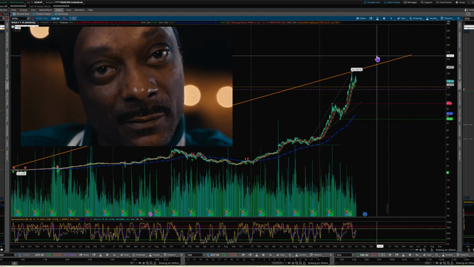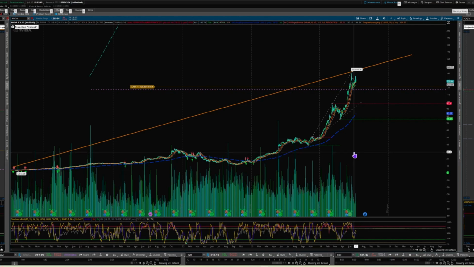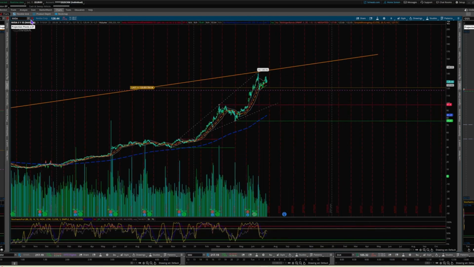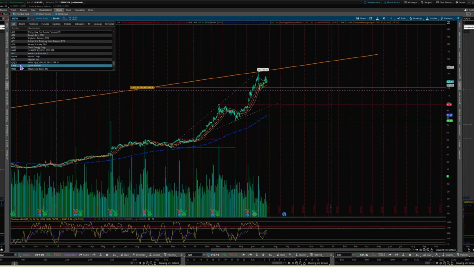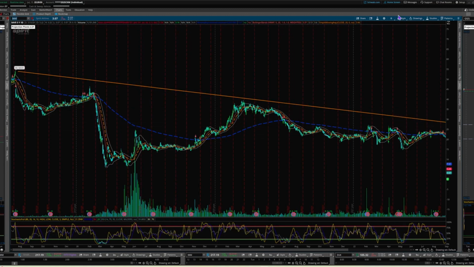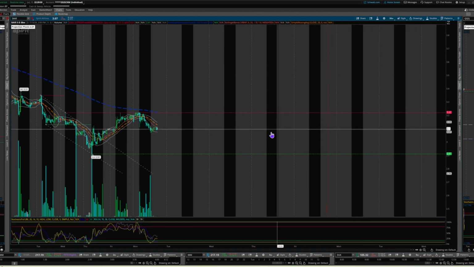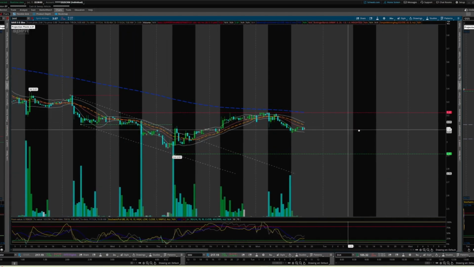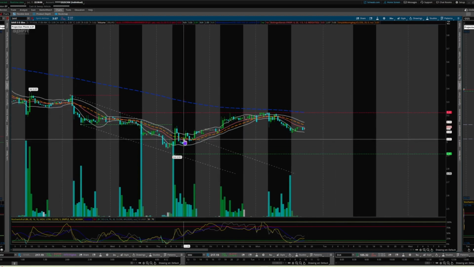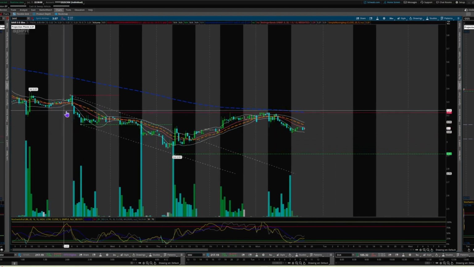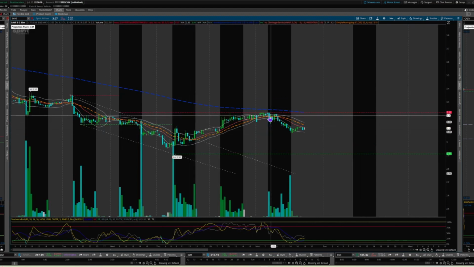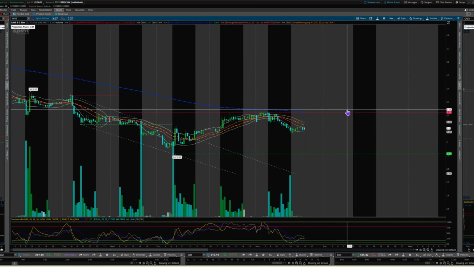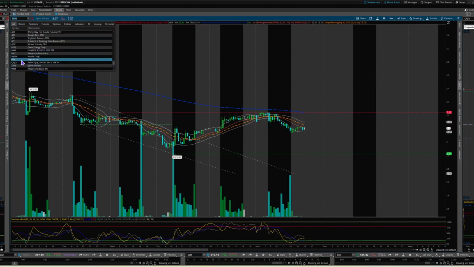Now, where people can get crossed up is looking at charts, even like Spirit, on a shorter term, 30 minutes. Something like this, you may see and think that it's on its way up, not realizing that the overall trend for the past 5 years has been down. We'll find other examples of this.